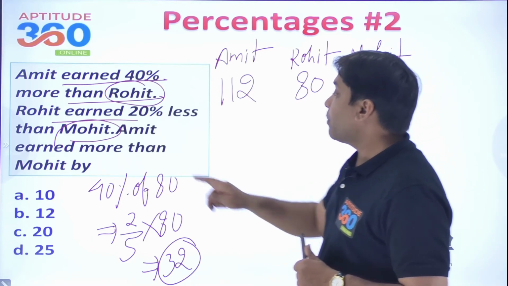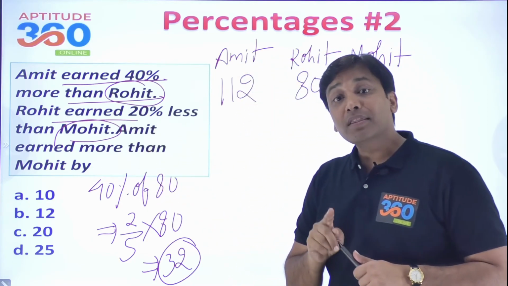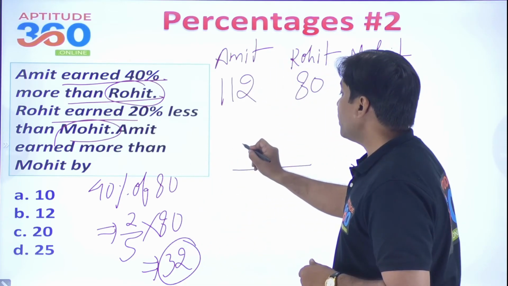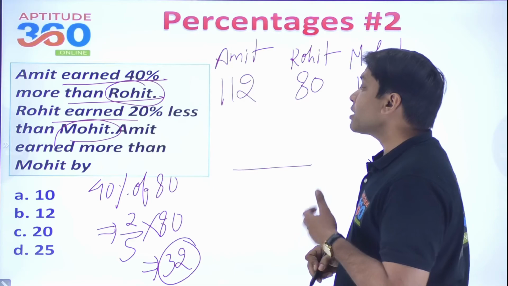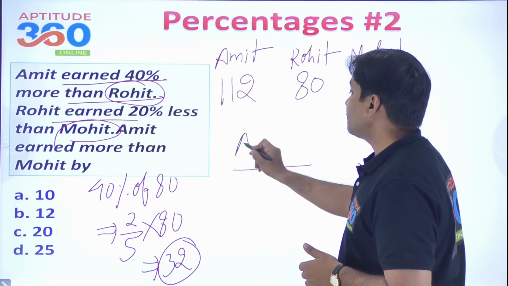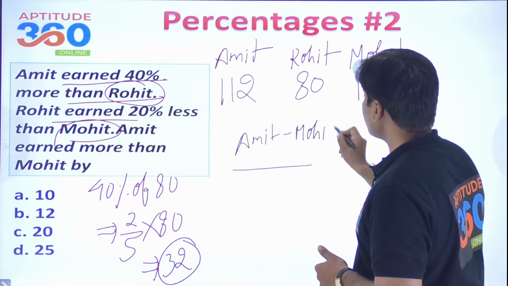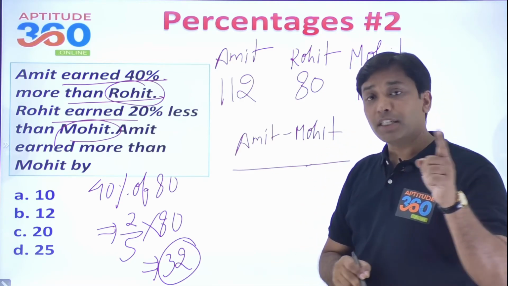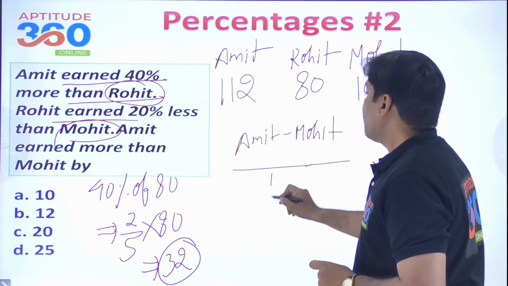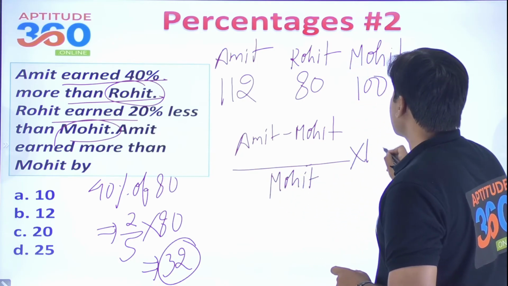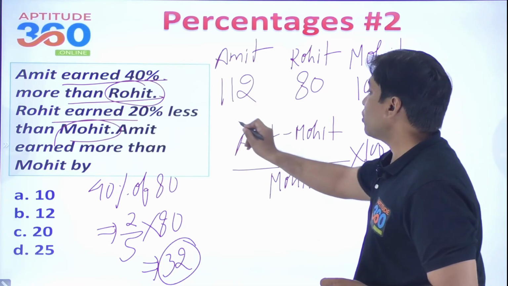Now, what is the problem? Amit earned more than Mohit. So over here, it has to be the difference of Amit and Mohit. Simple problem है. And what is that you should be writing in the denominator? Denominator में आप लिखोगे मोहित का और into 100 कर दोगे. ये एग्जामिनेशन में ऐसे करने की जरूरत नहीं है. I'm just trying to make you understand.